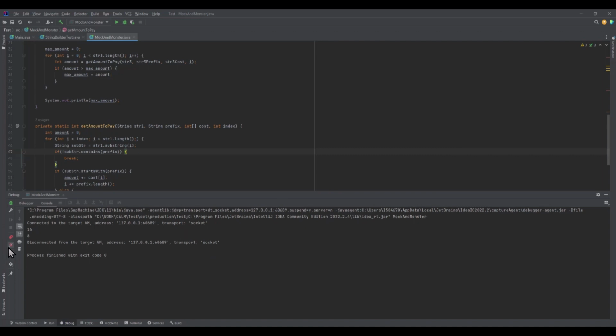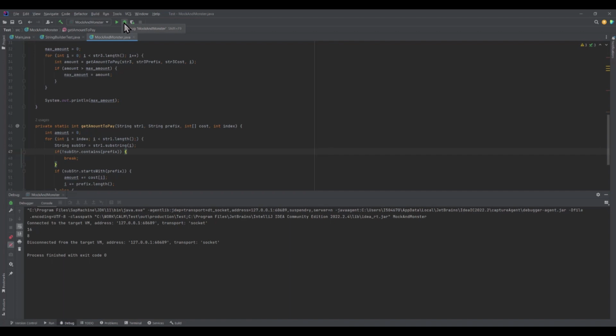And you can mute breakpoints, which means usually developers start the application in debug mode and they mute all breakpoints and start testing, and then when they see there is something wrong, they unmute the breakpoints. So now I have muted the breakpoints, and